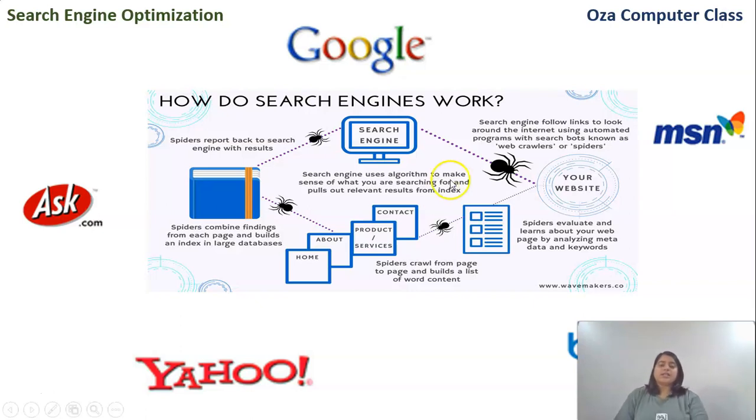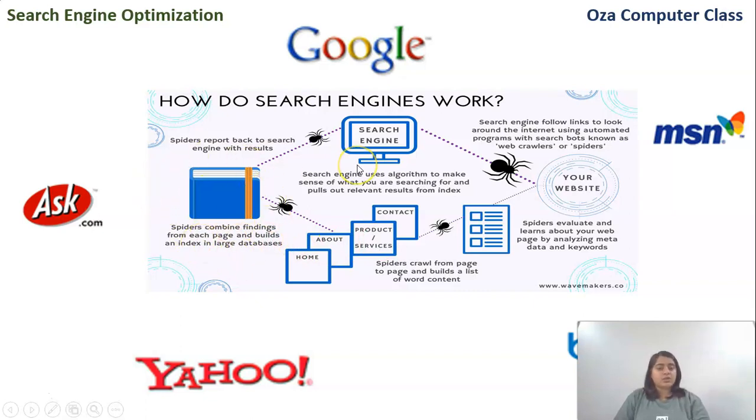Now, how do these search engines work? Say for example, you have typed something like libraries near me. Now these search engines have spiders or crawlers or bots which go around the entire internet and search for websites and gather information about them. Now they gather information such as the home page, the about page, the products, the services, the contact us information, the title of the web page, all the contents of the web page, and store them in the form of